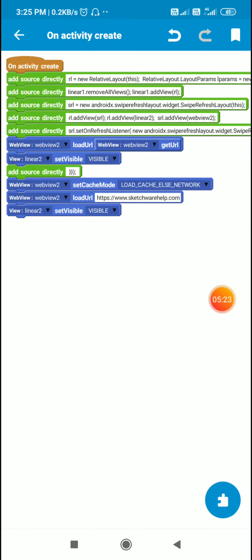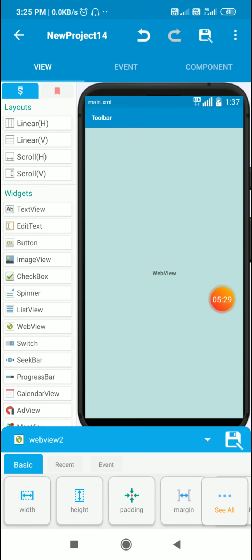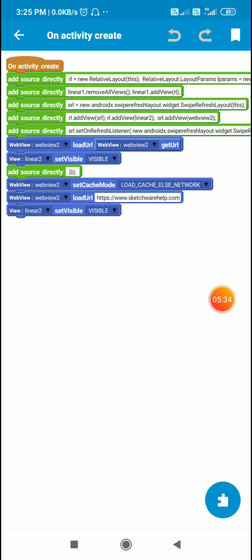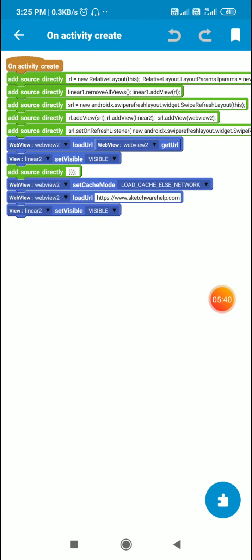So whenever it will start refreshing, it will make linear2 visible. Linear2, I have already shown you, contains the loading image and text. Okay, and after that I close this on refresh method and this on refresh listener for SRL.